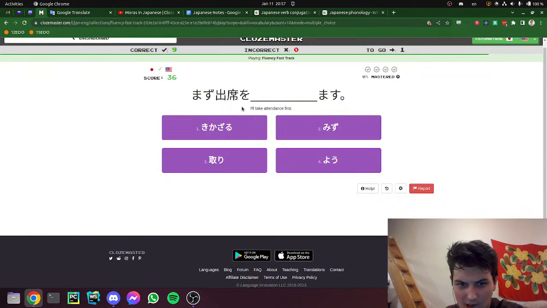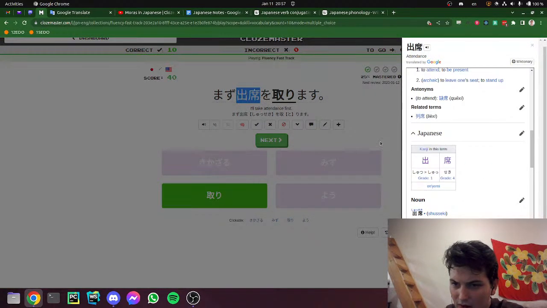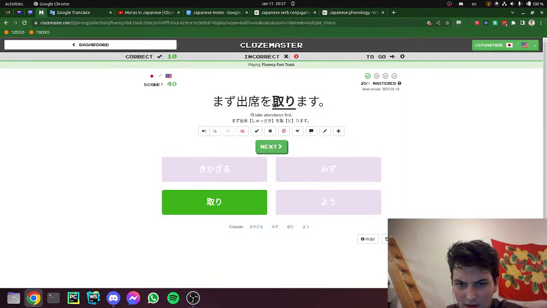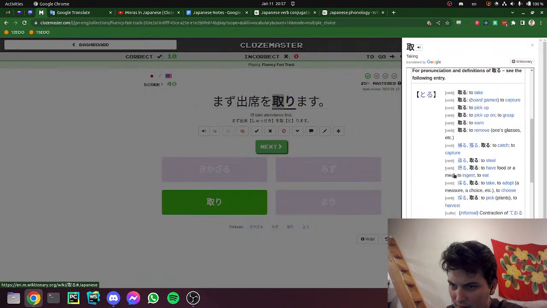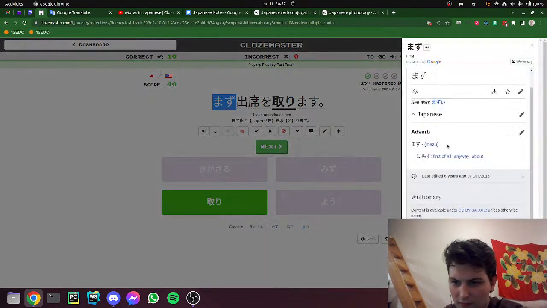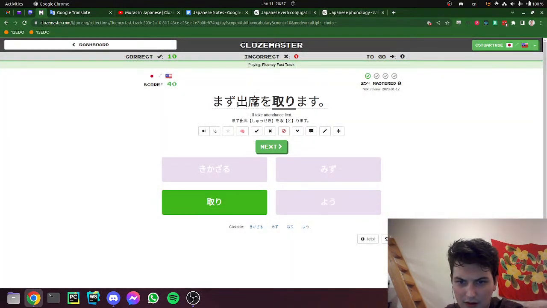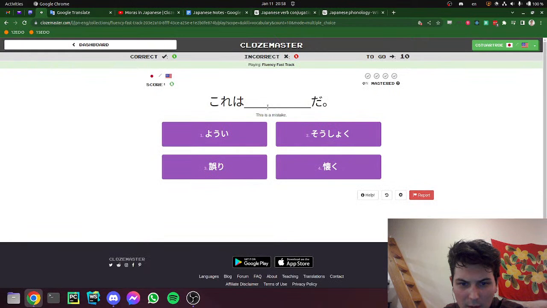Mazu o. まず出席を取ります。出席を取る, take. 取れません. Yep. 取ります。まず出席を取ります。